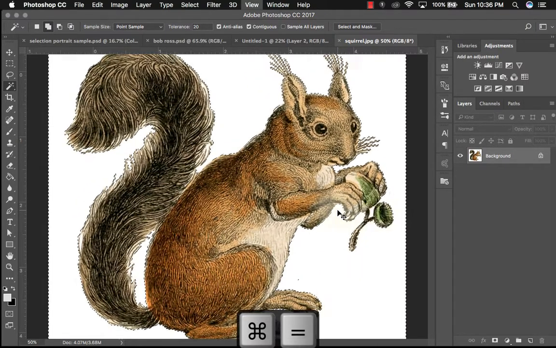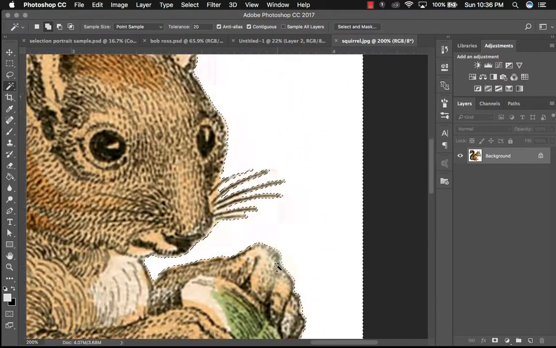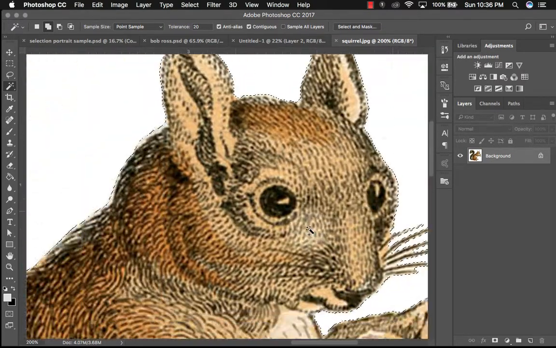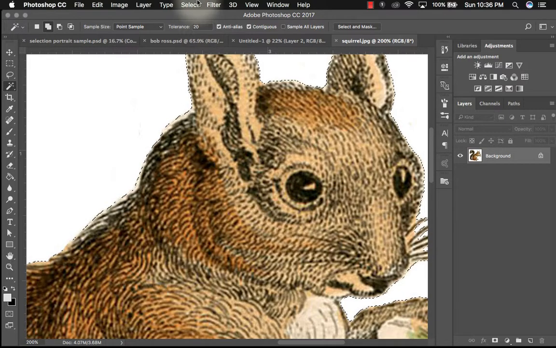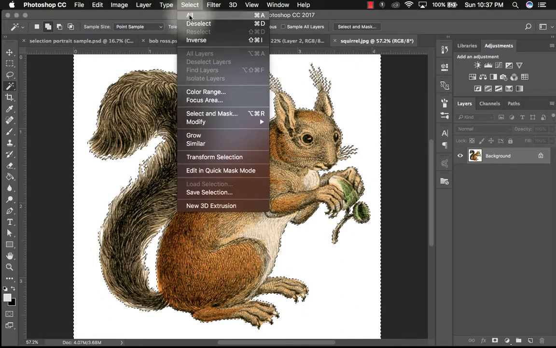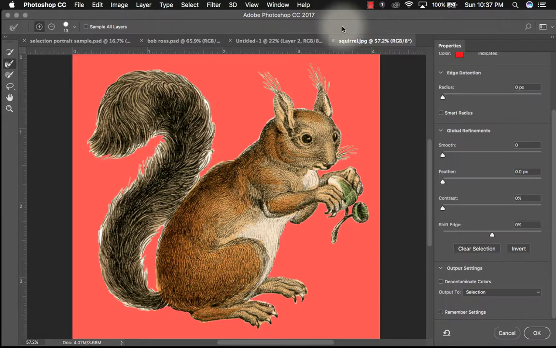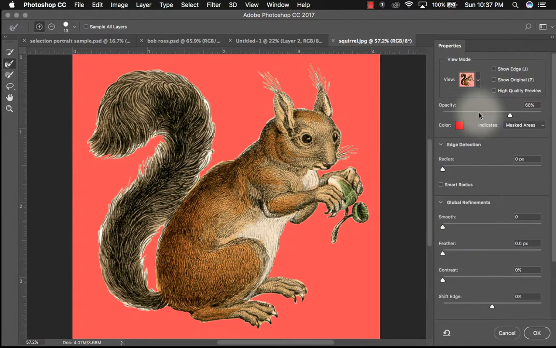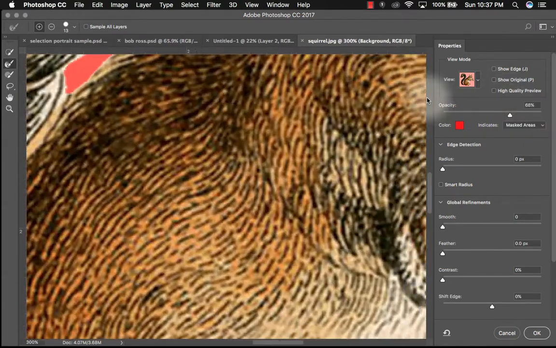So, we're missing this little bit here on the acorn. Okay, so now I would go to Select and Mask. Oops, let's hit Cancel. So what I did was I selected the white background because it was really simple. So I'm going to go to Select, Inverse, and now my squirrel is selected. Now I can go to Select and Mask, and I have my red background, and I can zoom in